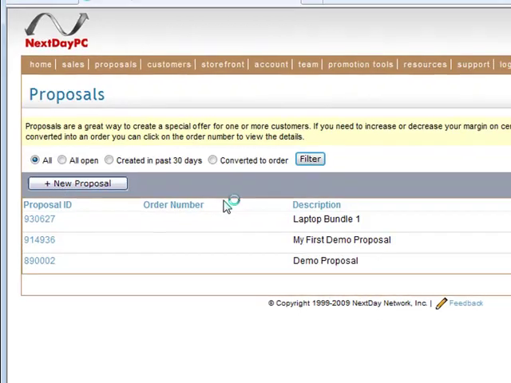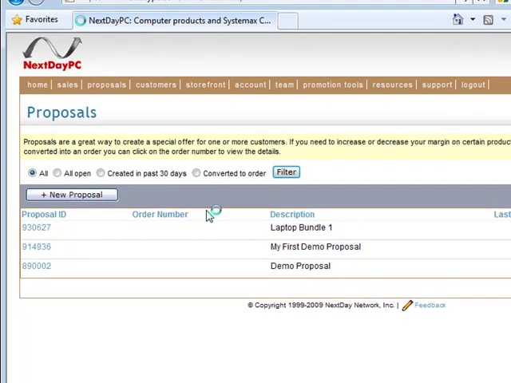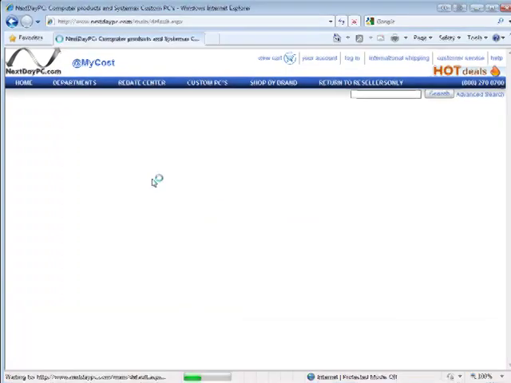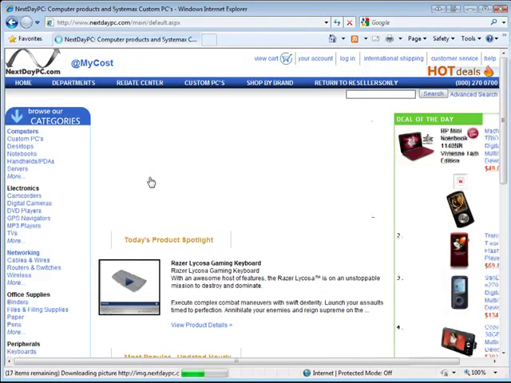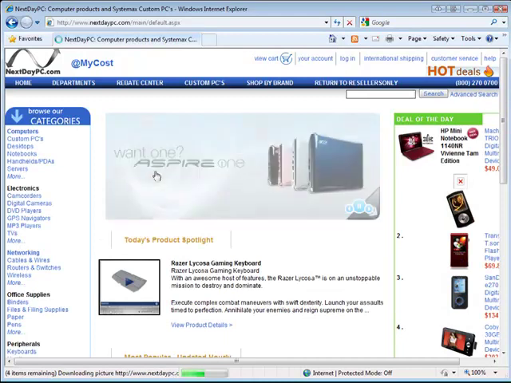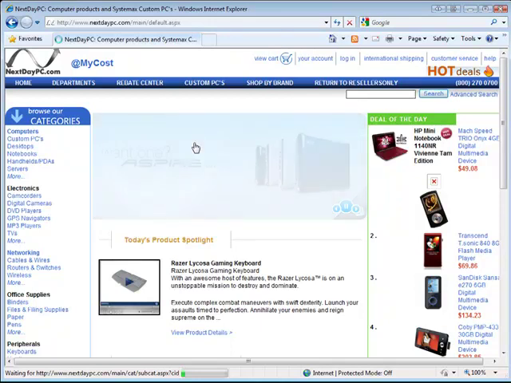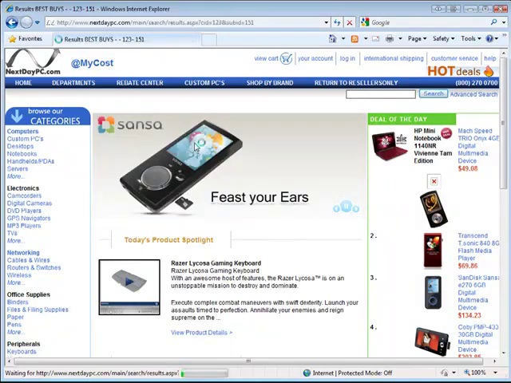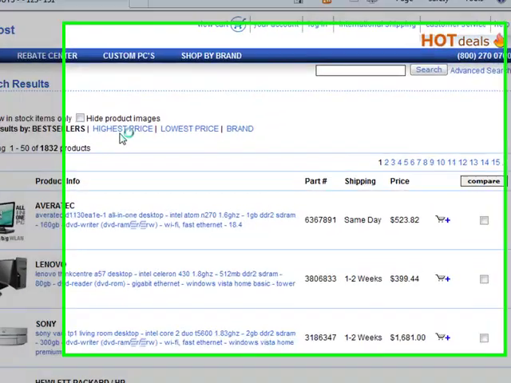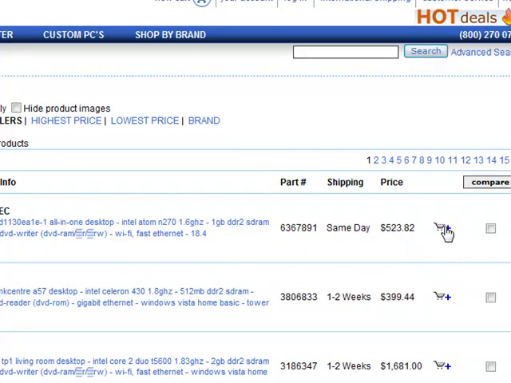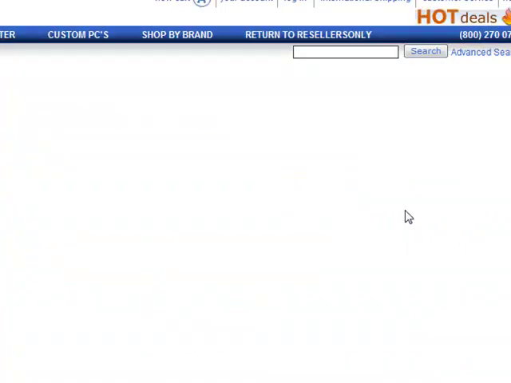And that will actually take you back to the storefront. Now you're actually going to pick the products for your customer. So I'm just going to randomly pick a few products and put them in my shopping cart. The whole process is similar to a shopping experience. So I'm just going to pick the most popular desktop machine that we have currently, add it to the cart,